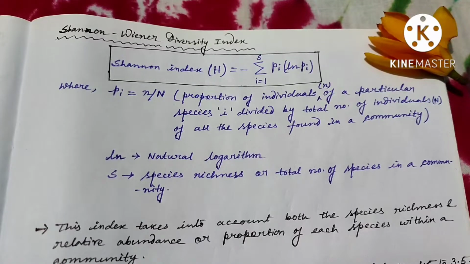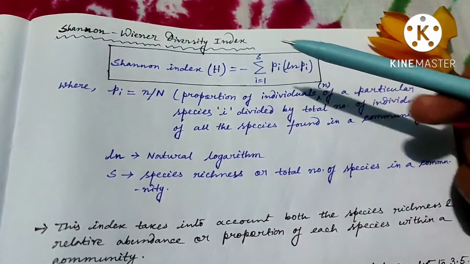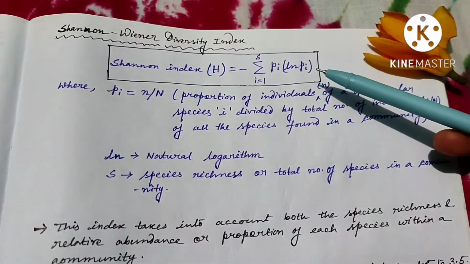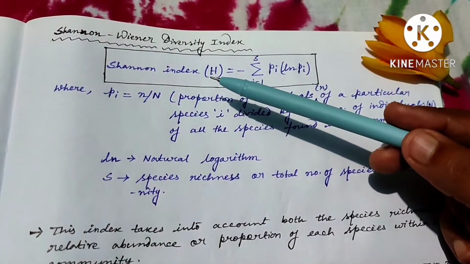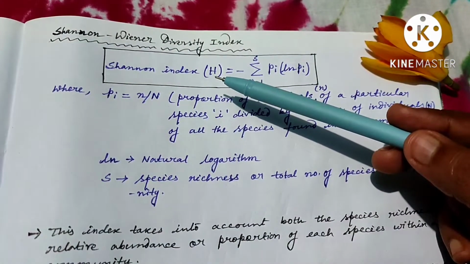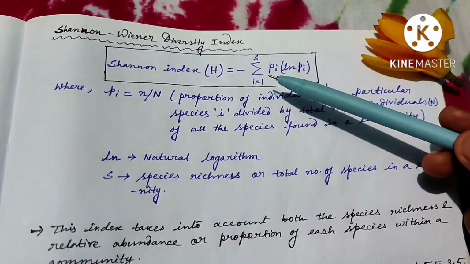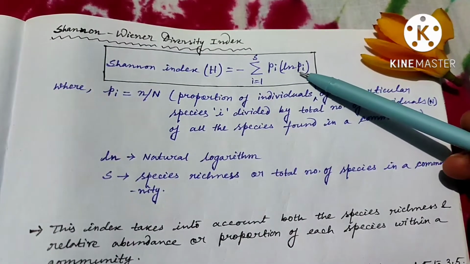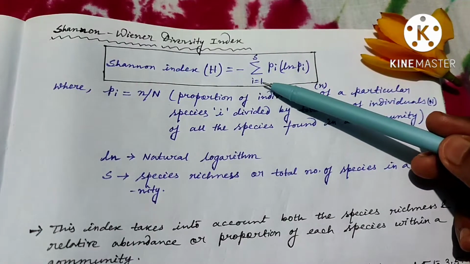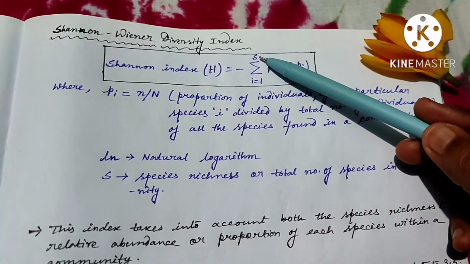So today I am going to teach you about a very important topic of species diversity, or species diversity index, the Shannon Weiner diversity index. Okay, so see here, this is the formula of the Shannon Weiner diversity index, also known as the Shannon index, which can be represented as capital H or H prime. So what is the formula? Minus summation of pi ln pi,